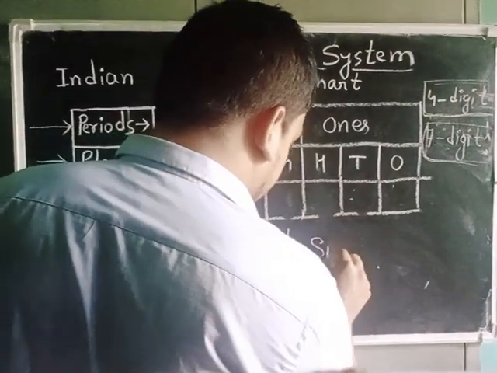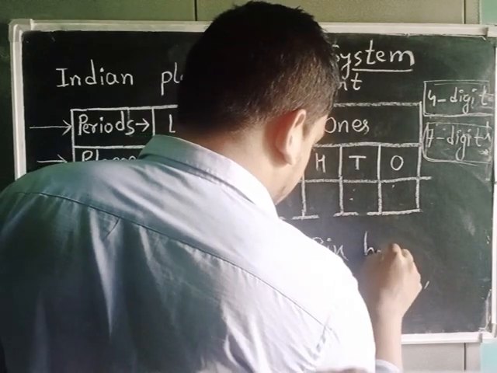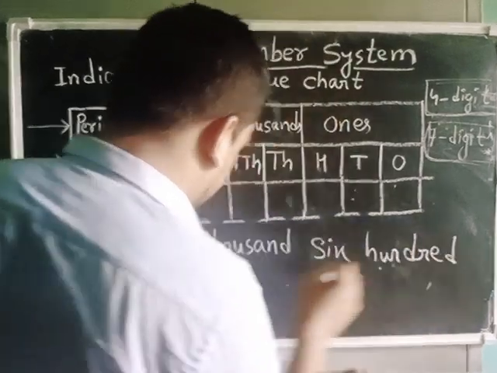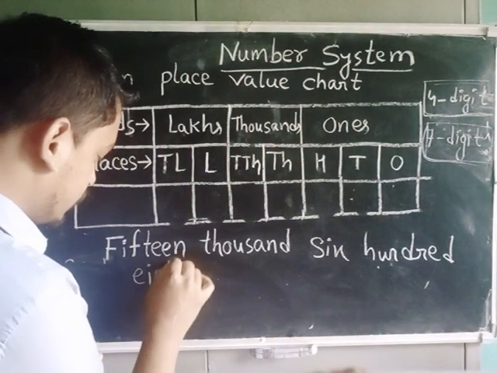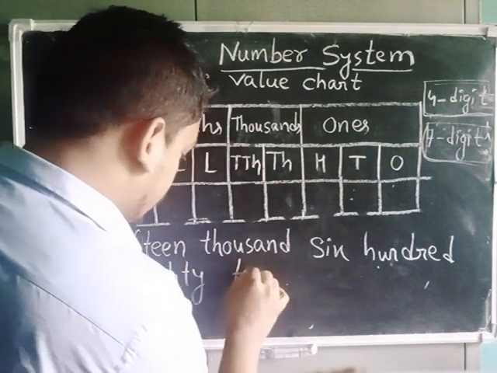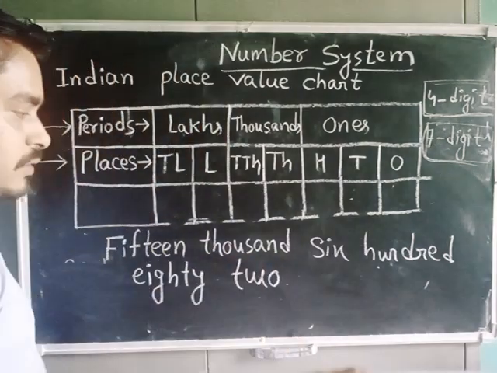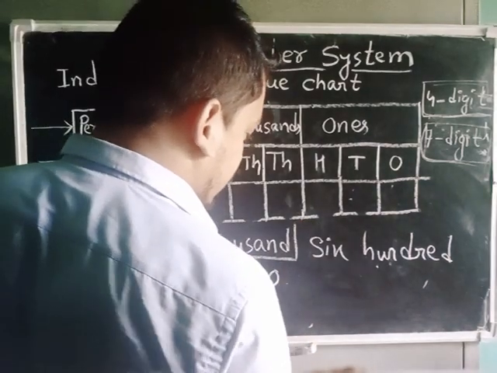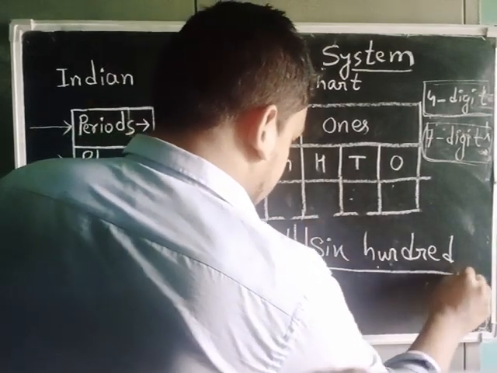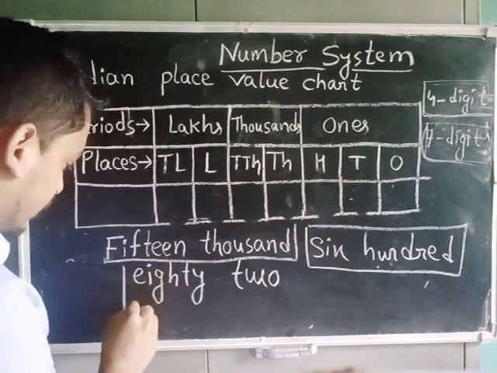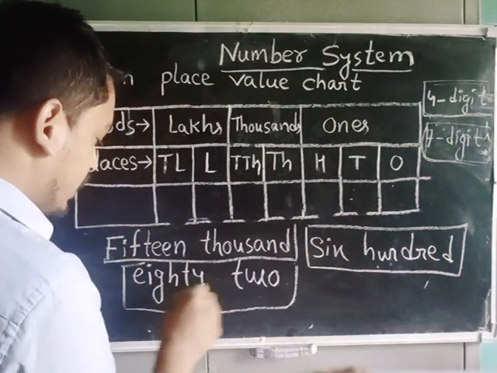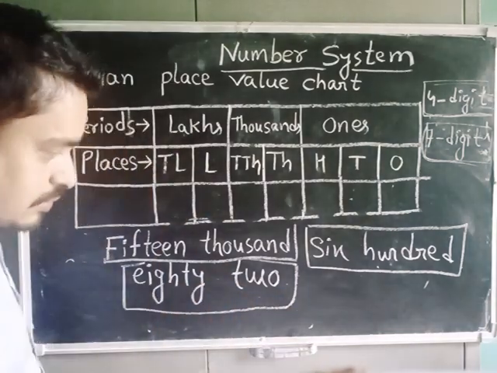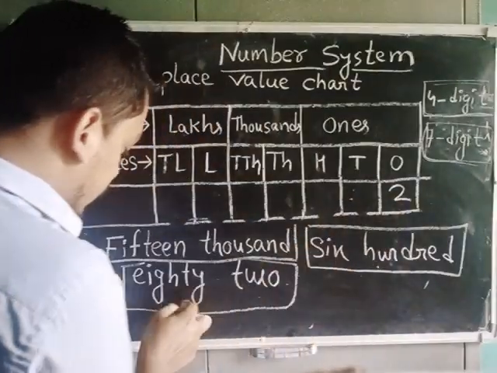15,682. Okay, so you see, first is 15,000, then after 600, then after 82. You see 82, so 2 is in last place, so here will be 2, and then after 80, so